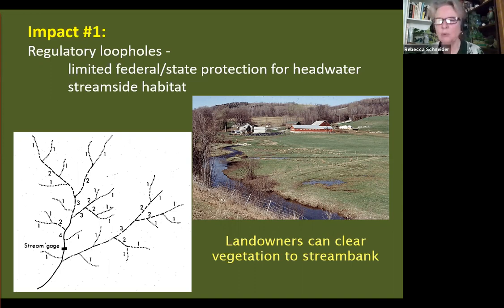It was just a loophole in the 70s and 80s when all of the wetland protection was occurring. These are not legal wetlands because they have facultative species that grow there. The plants that tend to grow in the first and second orders can handle being dry, and they're not obligate wetland species. They're facultative, and part of the definition of a legal wetland that gets protection is that it have the right plant composition.